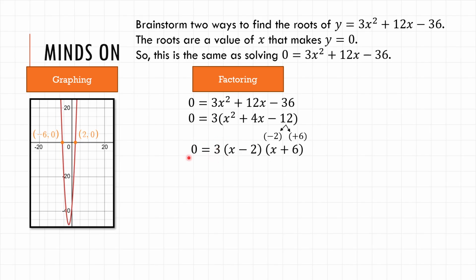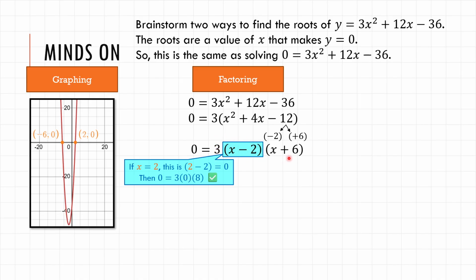Now, how do I make this equal to 0? Well, this is the product of 3 factors. So if any one of these 3 factors is equal to 0, then the whole product will be as well. Or to put it another way, if x was something like 2, then this factor right here would be 2 minus 2, which is 0. So we would have 3 times 0 times, actually 2 plus 6 is 8,